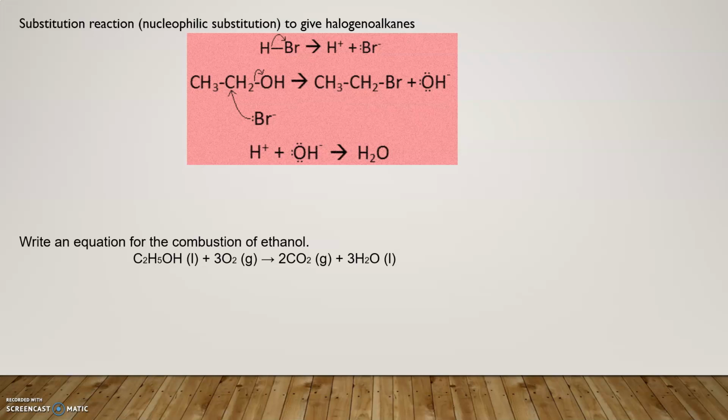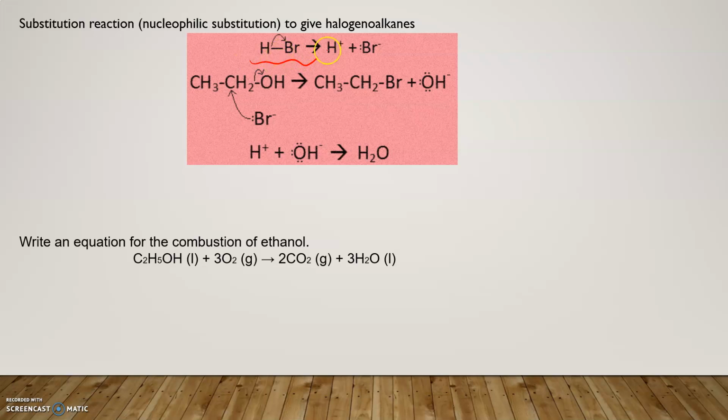So one of the chemical reactions of alcohols was the nucleophilic substitution to give halogenoalkanes. First step, you have HBr, and you have your